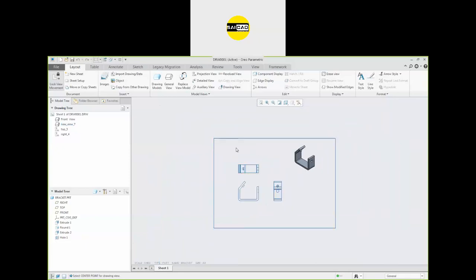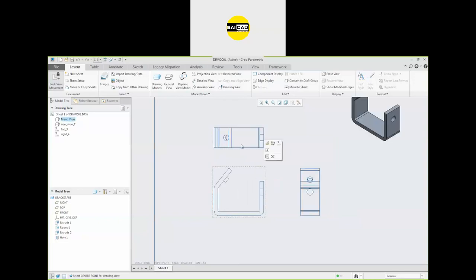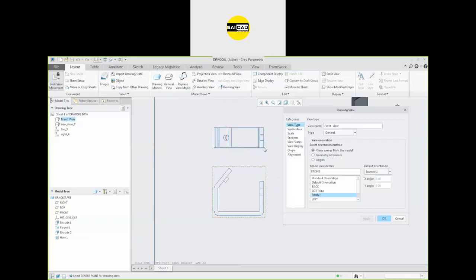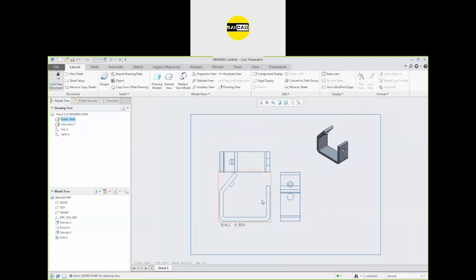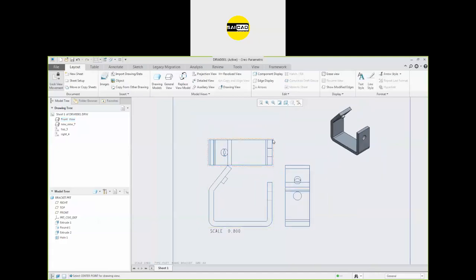Now I can see that the sheet is bigger, the views are smaller. So how to change the size of the view? If you want to change the size of some particular view, you can go to the edit. Now we have the third option, that is scale. So right now you can see the default scale for sheet is 0.5, which is using the sheet scale. But if you want to insert your custom scale, you can change that scale to 0.8 or 0.1, whichever you need, like that. Click apply, and all the views, the projection view including, will be updated according to the scale.